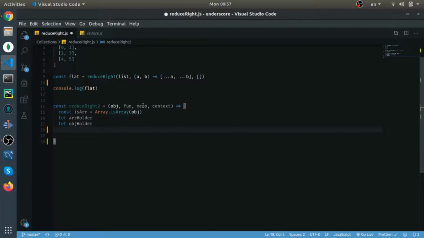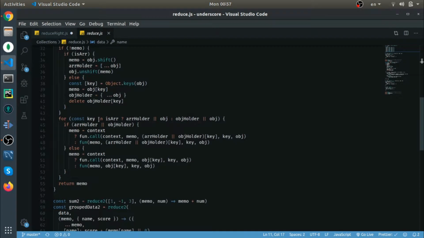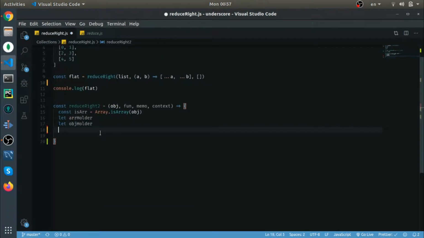If you don't pass a memo, it will start from the first iteration, and these two are helping me to do this, and at the same time pass the original object, which might be an array or a single object, to the function. I think you can watch the previous video about reduce. But yeah, so if you don't have a memo,